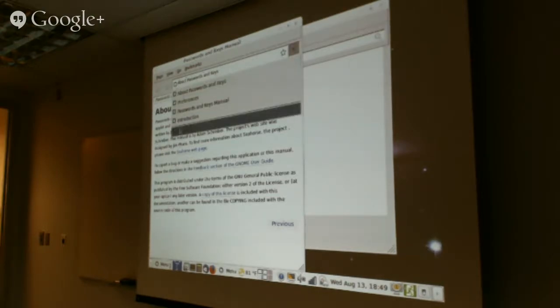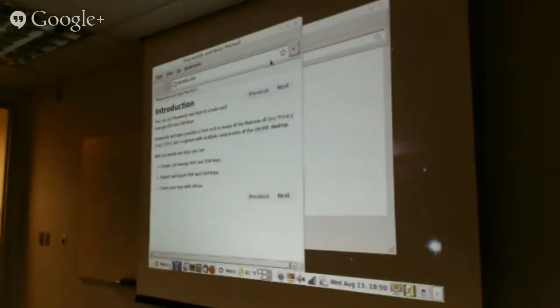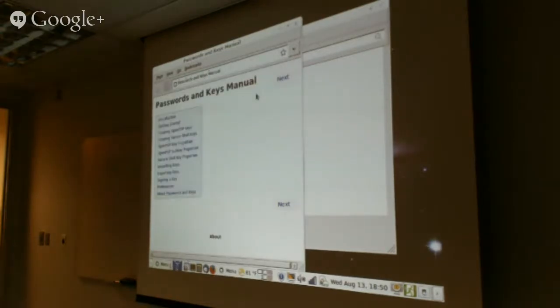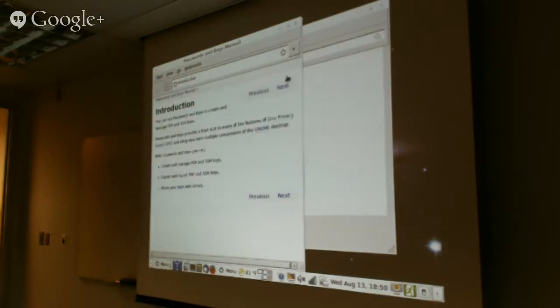Pull back the introduction. Anyway, like I said, there are a number of sections here, quite detailed. Go through them. It covers the creating of the PGP keys and the SSH keys. Now, I'm pretty familiar with SSH because I've been using it for a while, and I will recall that we